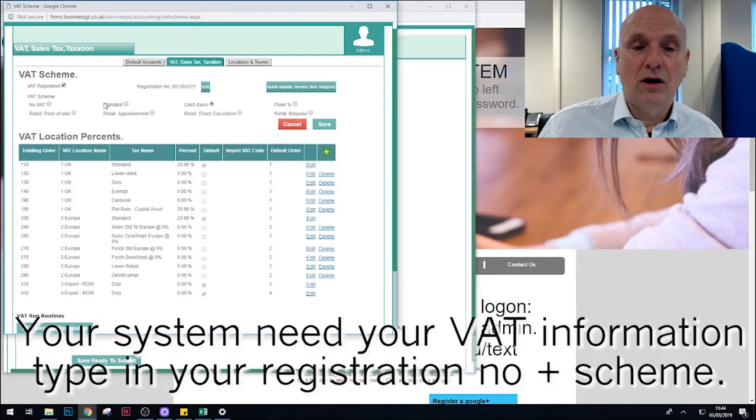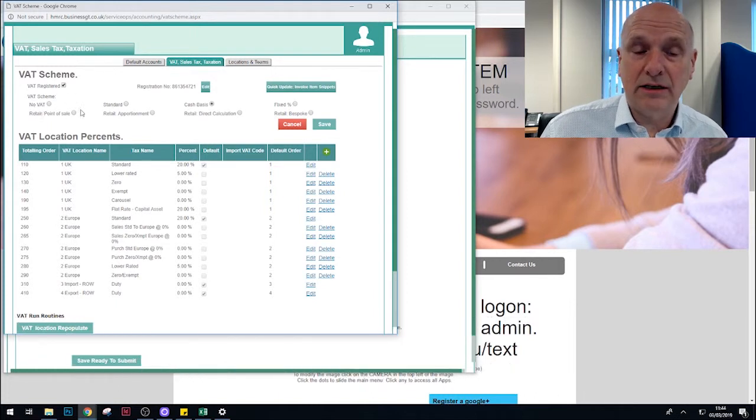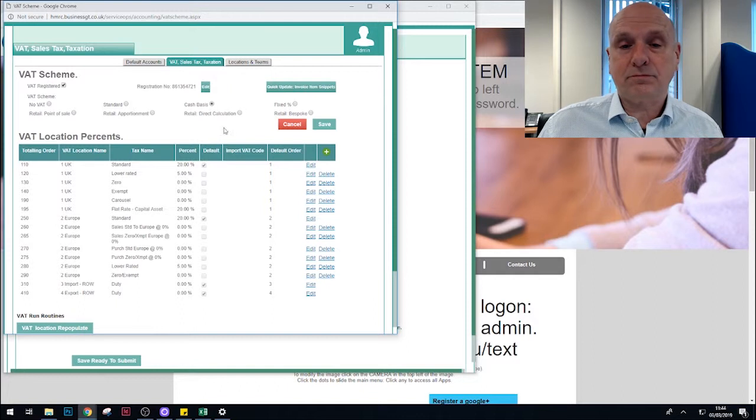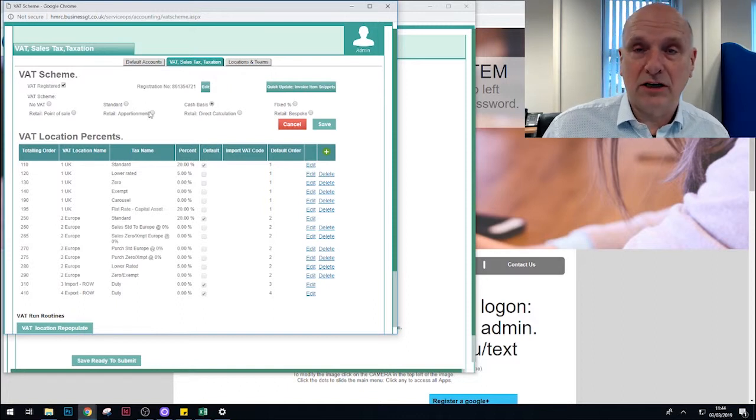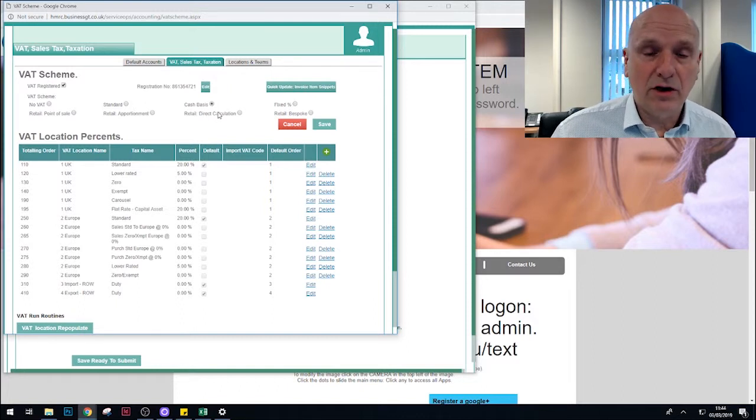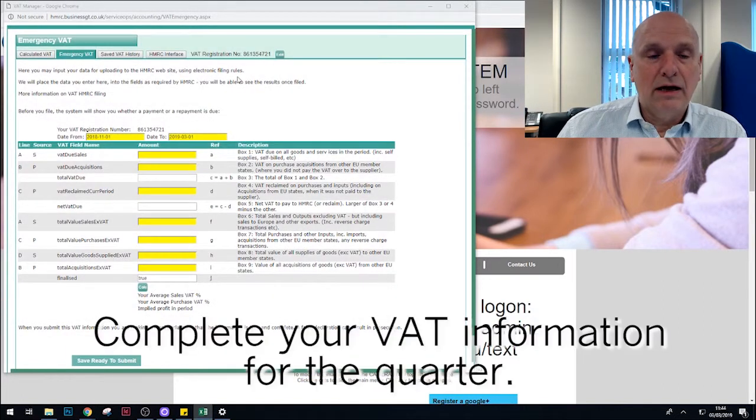Save it. What you can do also is to determine in here which VAT scheme you are going to file against, and so it could be a standard or a cash basis or any one of the others that are there. Now those actually are all held at HMRC. They're not actually held within your BusinessGT system. So we'll use a cash basis in this case. We can close that window, and then now we can click on the emergency VAT page,